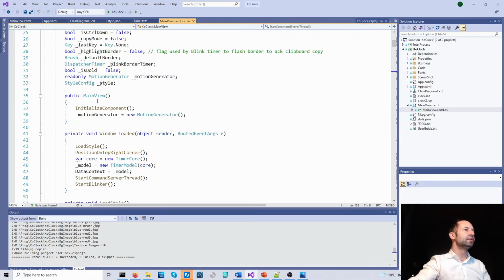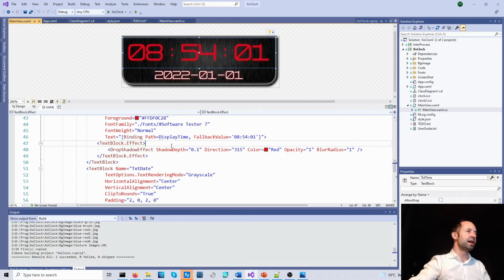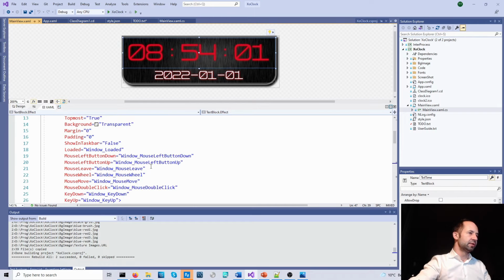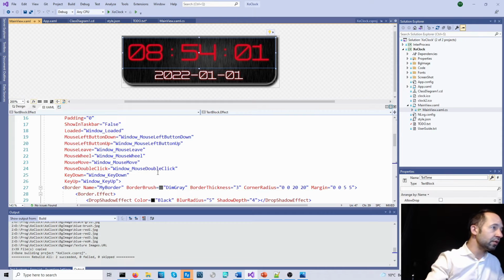And you have here the main view, which is started. And what is important is once the view is loaded, this method is triggered and is setting something inside what is called the data context. And it is putting a model which has been instantiated here. And the window loaded method is triggered because in the XAML I have the handling of the loaded event defined here.